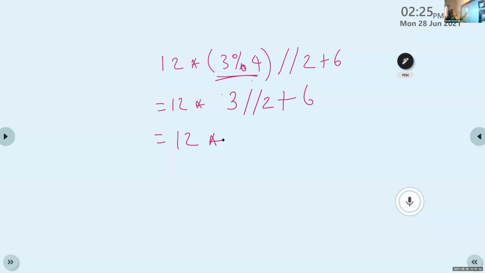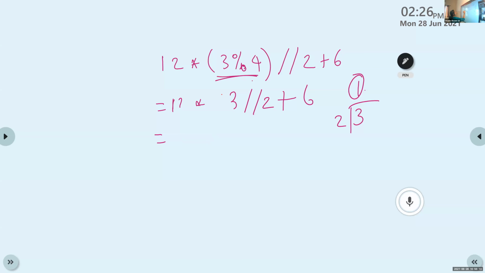So what is the result here? 3 floor division 2. The meaning is 3 divided by 2, which is 1.5, but we consider only the integer part, so it is 1. Which one to read first? That was my doubt. You have to do multiplication first, right? Yes.